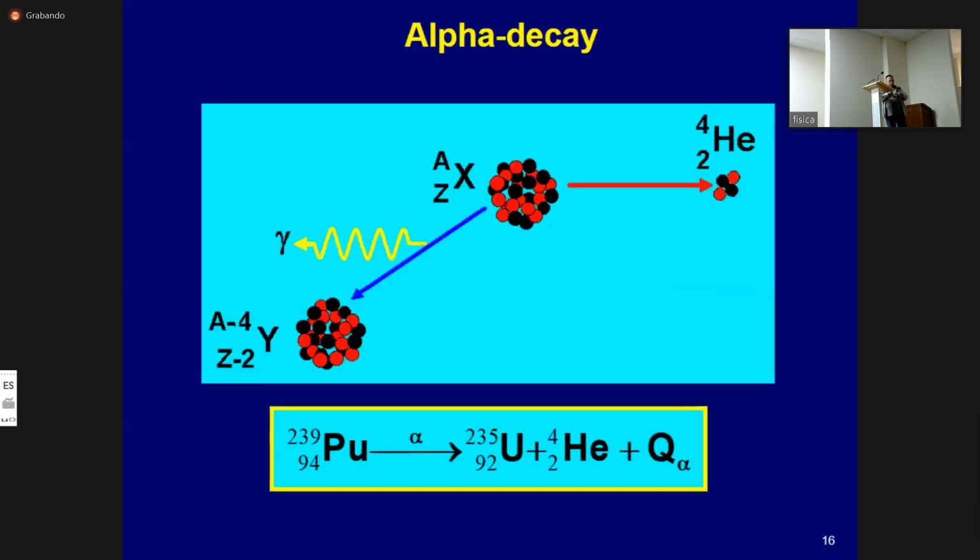So, next one. Now we have heavy artillery: the alpha decay. Alpha decay occurs only in very heavy elements with a charge bigger than 83, such as uranium, thorium, radium, etc. The nuclei of these atoms are very rich in neutrons. These atoms have many more neutrons in their nuclei than protons, which makes it possible to emit alpha particles.